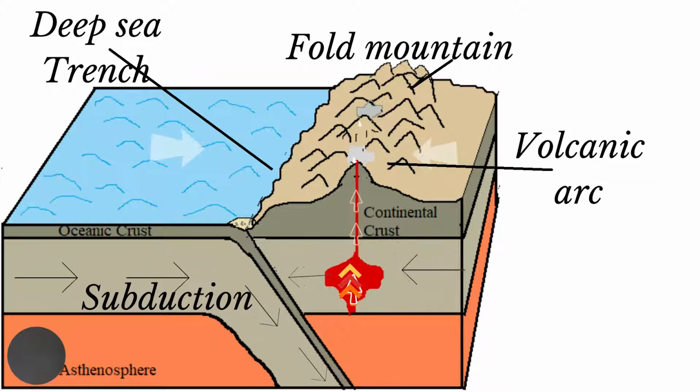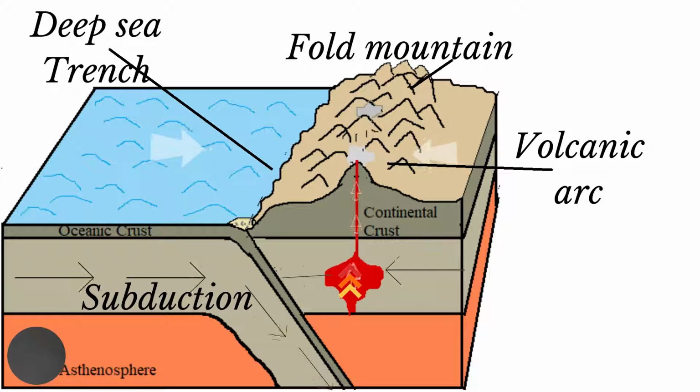The oceanic crust, being of a high density, will sink beneath the continental crust. At the point where it sinks beneath the continental crust, a long and narrow depression will be formed called a deep sea trench. When the crust reaches the mantle,